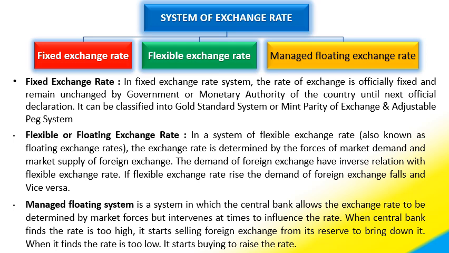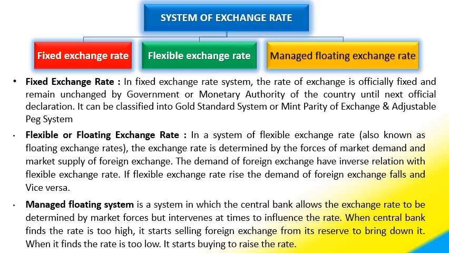Under managed floating system, the central bank allows the exchange rate to be determined by the market, but intervenes at times to influence the rate. When the central bank finds that the rate is too high, it starts selling foreign exchange from its reserve to bring it down. So this is basically saying that the exchange rate will be decided in the market, but when the rate increases too much, then the reserve bank